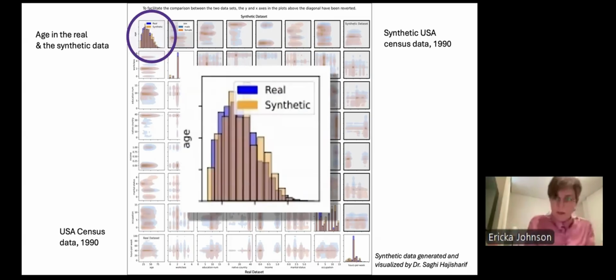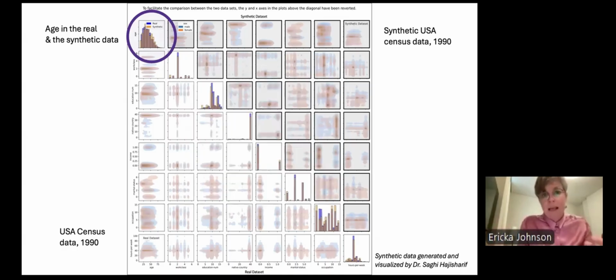And this is good because you want it to be fairly close, but you don't want it to be the same, because if it was the same, then you would have a mirror of your data. And then you wouldn't be able to guarantee privacy. You wouldn't be able to share it over boundaries. You wouldn't be able to get around data regulation. And you wouldn't be able to add anything new in terms of new information to whatever data set you're trying to train your AI models on. So your synthetic data has to be slightly different than your real data, but it should still be pretty much the same. And if you look at this, the diagonal there, you can see that at the single column level, it is pretty much the same, just slightly different.